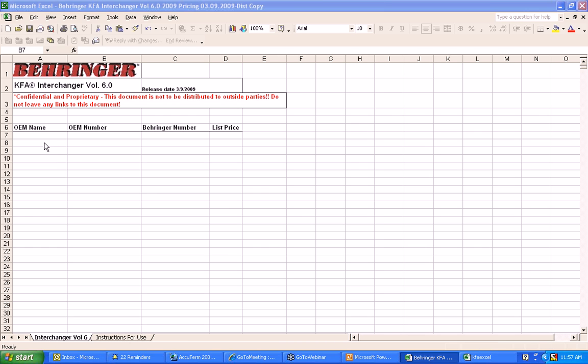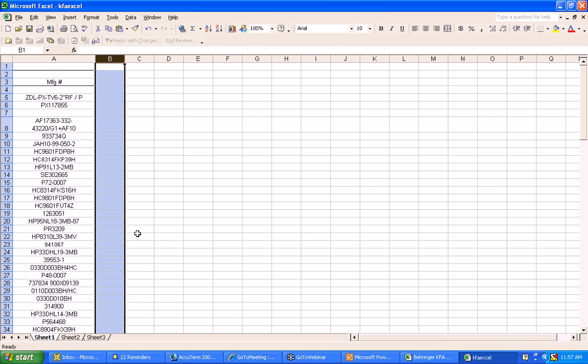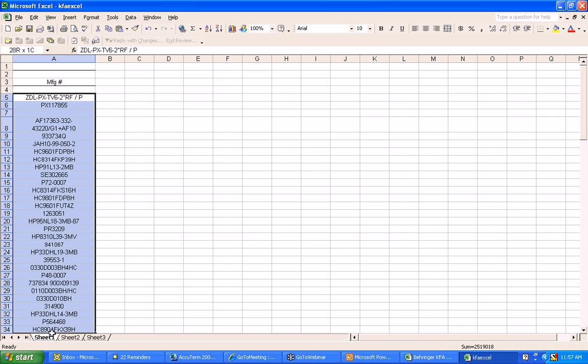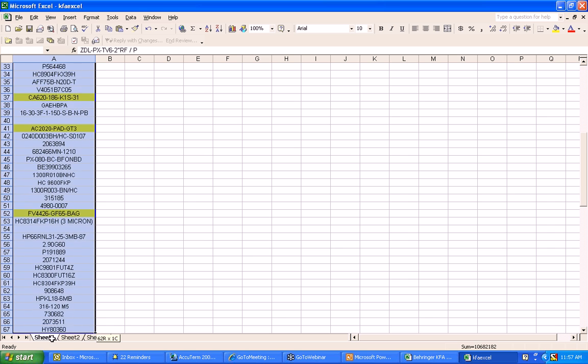Yeah, this is just an Excel-based format, as Sean said, and you don't really need to put the OEM name in there, but if you're doing a quote, it's a good way to. You can put the name in, then the OEM number, and what will come up is the Behringer number and our current list price in 2009. But here's a list I received from a mill. I'm going to put the whole thing in. And if you can put it into an Excel format,